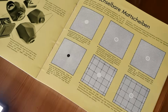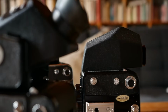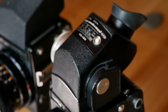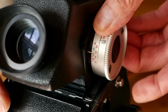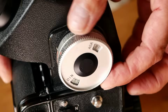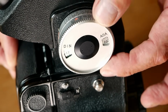Very interesting ones. So there's a permanent waist level viewfinder with a loupe, for instance, or there is a 90-degree and 45-degree viewfinder, and also a special one that features a built-in light meter. It's a 90-degree viewfinder with a built-in light meter that runs traditionally on a PX625 battery that of course is not available anymore, but you can still use it with an LR44 battery plus an adapter today, and then it